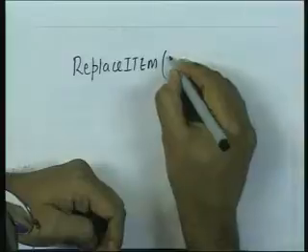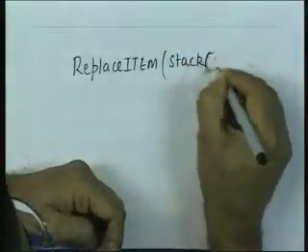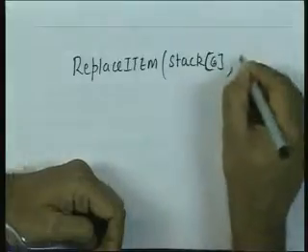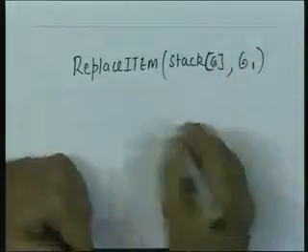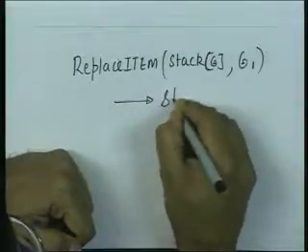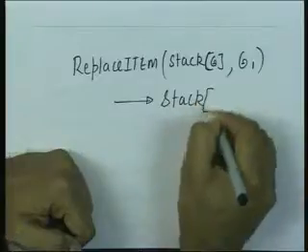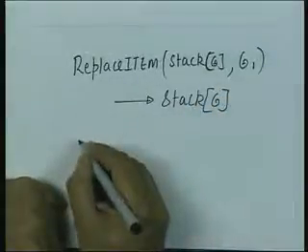The two arguments are a given stack and some element G1, and this would end up returning a new stack, but the effect of this essentially is to say that